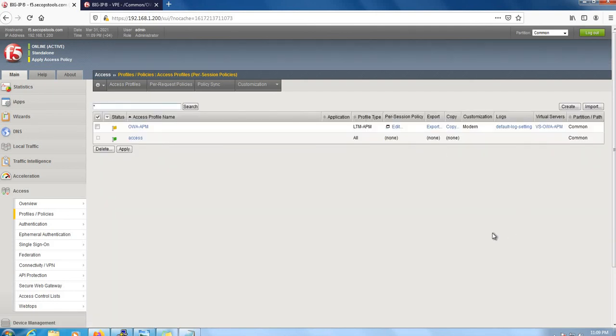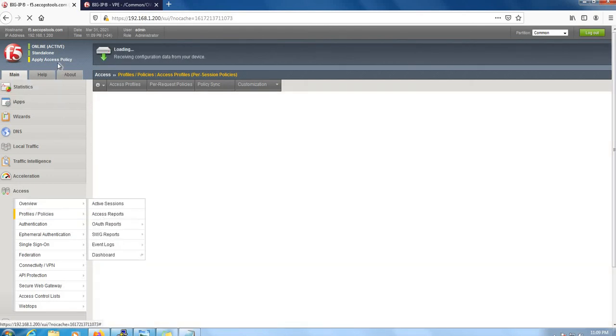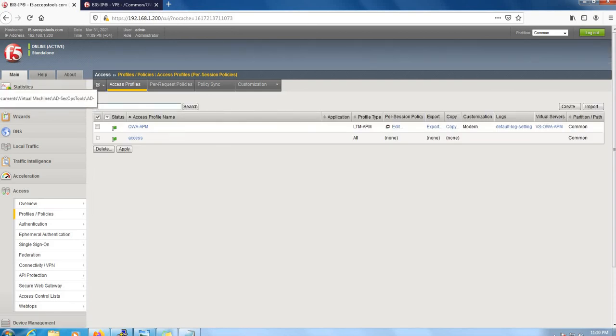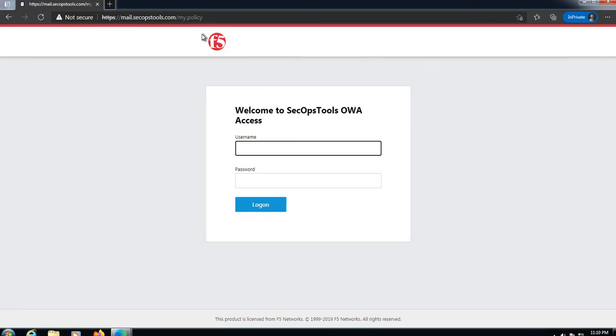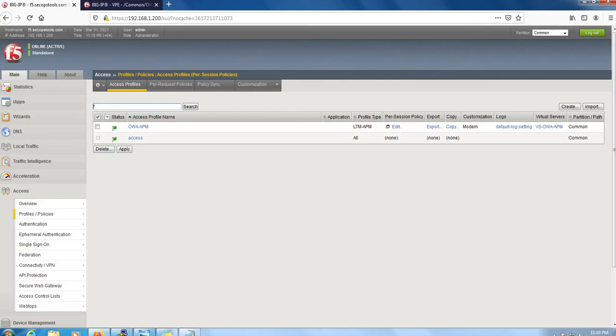Go to profiles, apply. If it takes that particular setting, we should see the new colors here. Still it's showing not applied. Okay, it's applied. Let's go back to remote PC. Let me refresh. Okay, it's not coming. I guess if we make the APM policy with a new name, we can do that, because the earlier APM policy was with the same name, so it is taking that only.